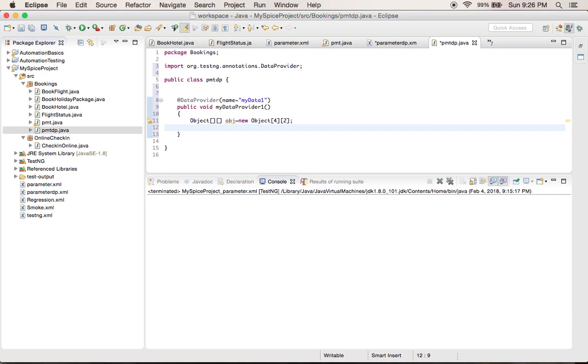For that you'll use the object name. Always, the array index starts with 0, which is the first row, first column. I call it user1. This is all about the first row which we are talking about here. So object of first row, and the second column is equal to my password 1.